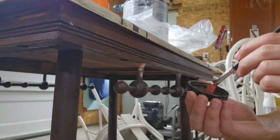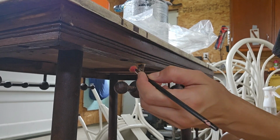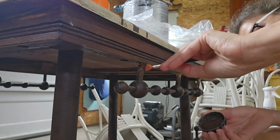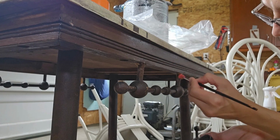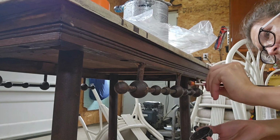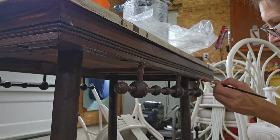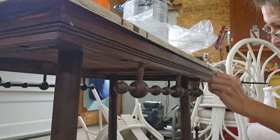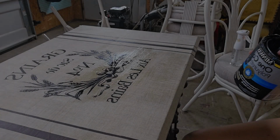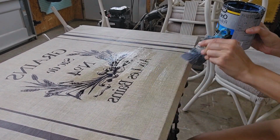To disguise my Quickwood epoxy repair, I'm using a small amount of some brown chalk paint and painting over the epoxy. This will just blend it all in with the original wood color, and you can't even tell it's been repaired. When my decoupage paper was completely dry, 100% dry off camera, I slightly sanded off all of the excess